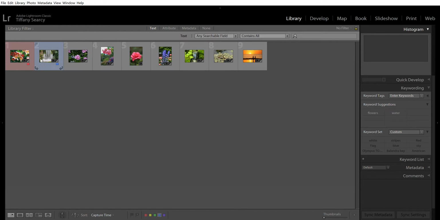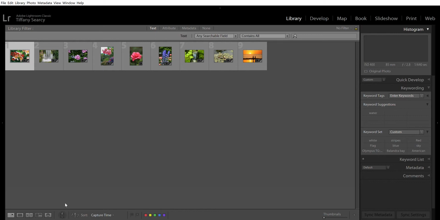The other neat feature too, in addition to rejecting or picking a color, is you can rate your images. You do that by using the stars. So keystrokes 1 through 5 on the keyboard will allow you to identify what is your best photo or what is one that you're not really loving. So that's one way for you to start sorting. Or another way, which is really great, is with the pick and reject feature. So P or